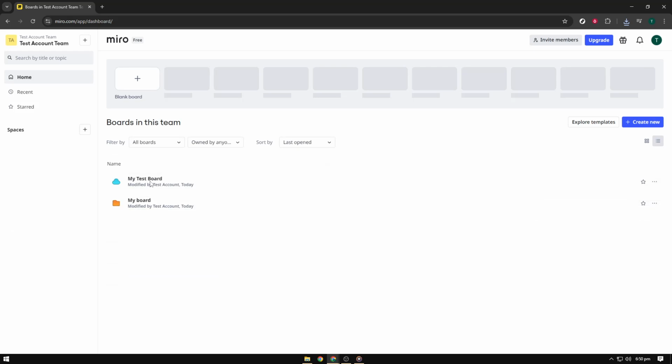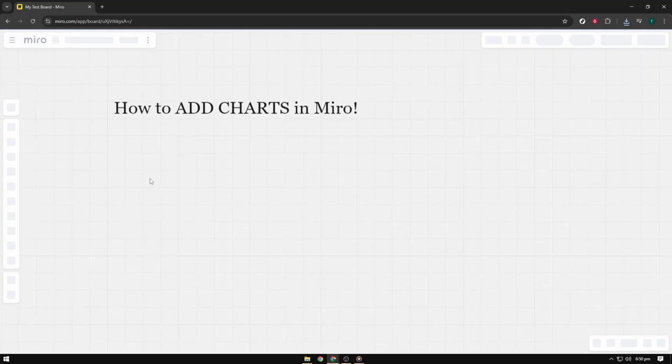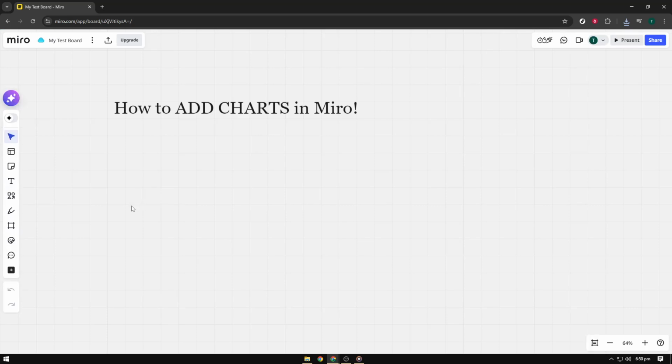Once you're at your dashboard, the next step is to click on one of your existing boards. Think of a board as a digital whiteboard where all your collaborative genius will come to life. If you don't have any boards yet, it's easy to create one right from the dashboard. Miro offers a variety of templates to suit different needs, such as flowcharts or brainstorming layouts, making it easy to